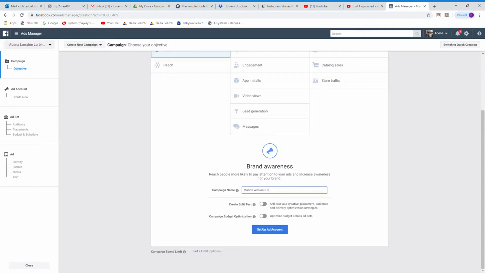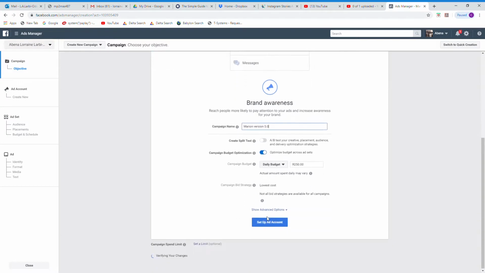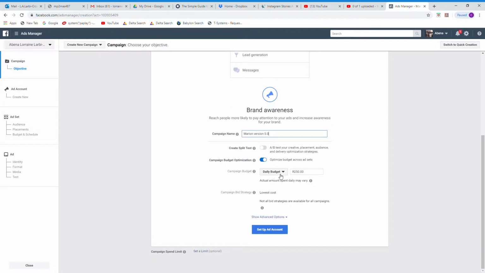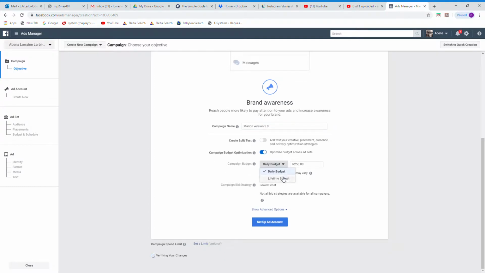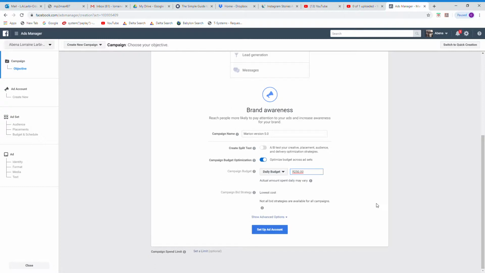And then another exciting thing for me, which I love about Facebook, is the campaign budget optimization, where really you can set a limit. So I've just clicked that button. So I've set the daily limit to 250 Rand. Excuse that my account is set to South Africa, so it's in a South African currency, but you would see pounds there. So you can have a daily budget, or you can have a lifetime budget. So you can say, okay, every day I want to spend 250 Rand, and that's how much I want to spend on my Facebook ads. And it'll stop there. You can increase it, you can decrease it, etc. So I've got it set there at